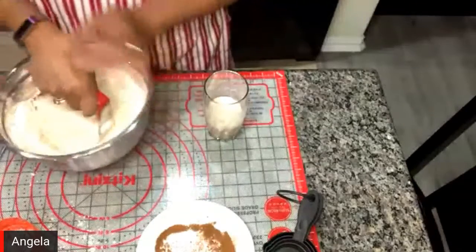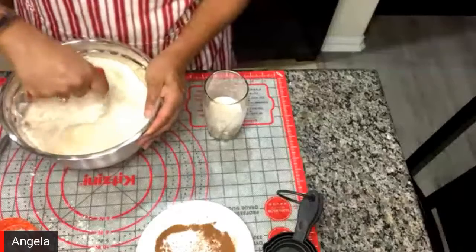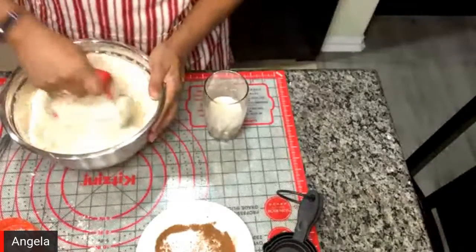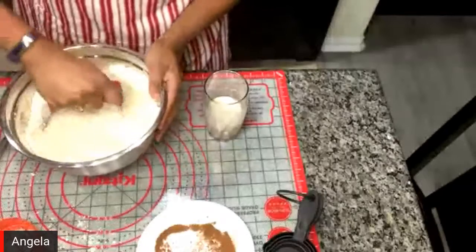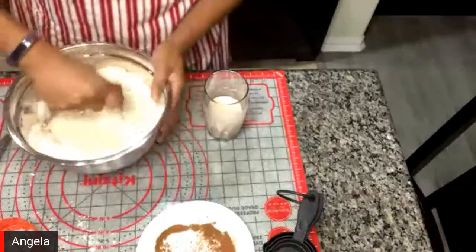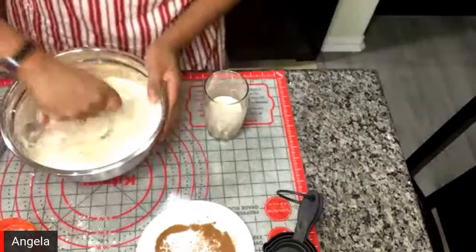Now, you don't have to use this kind. If you have shortening at home already, you just need 1 cup and 5 cups of flour. I can tell it's starting to clump up at the bottom. Let me make sure